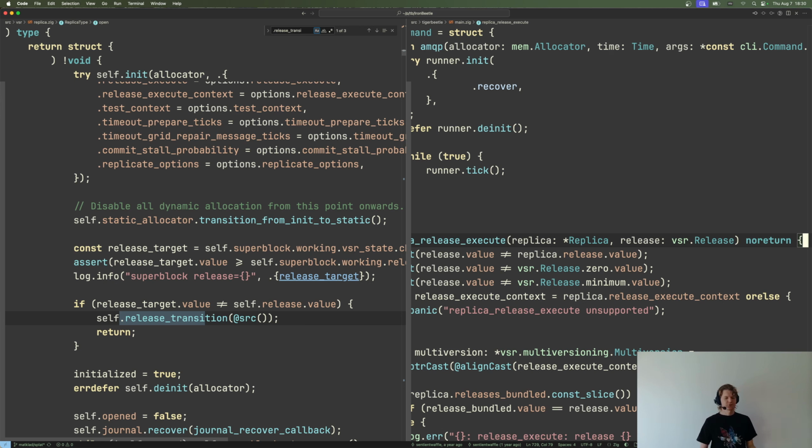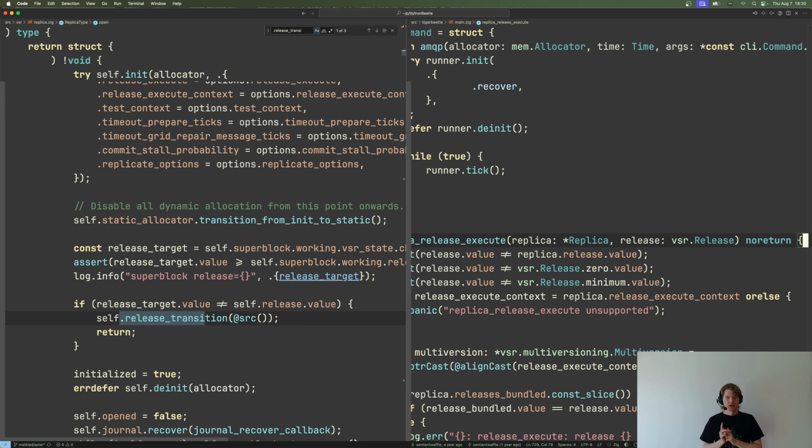But in the simulator, obviously, you cannot have a no-return function. There is no stack unwinding in Zig. You need to do something. So actually, in the simulator, this is a returning function, and after it returns,